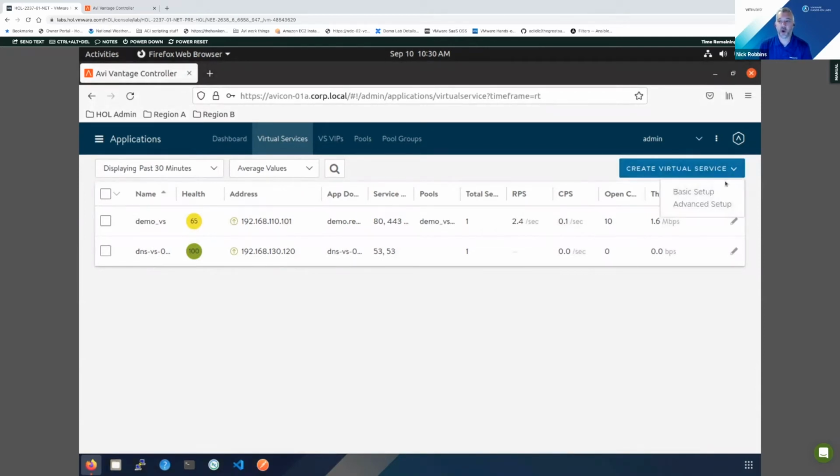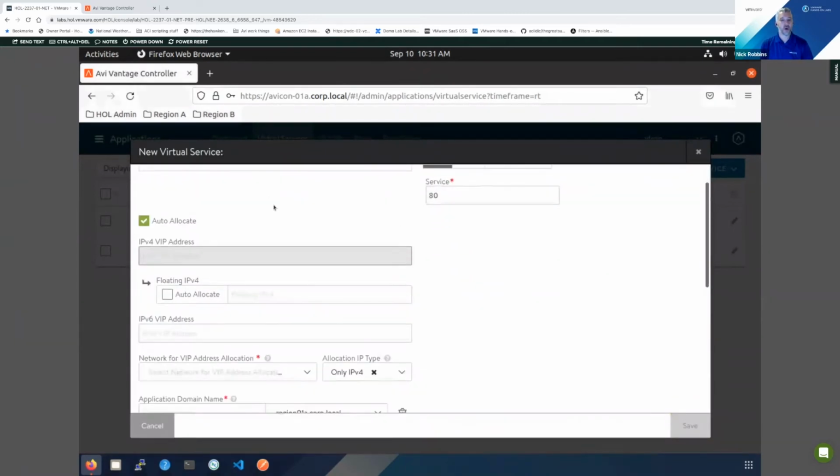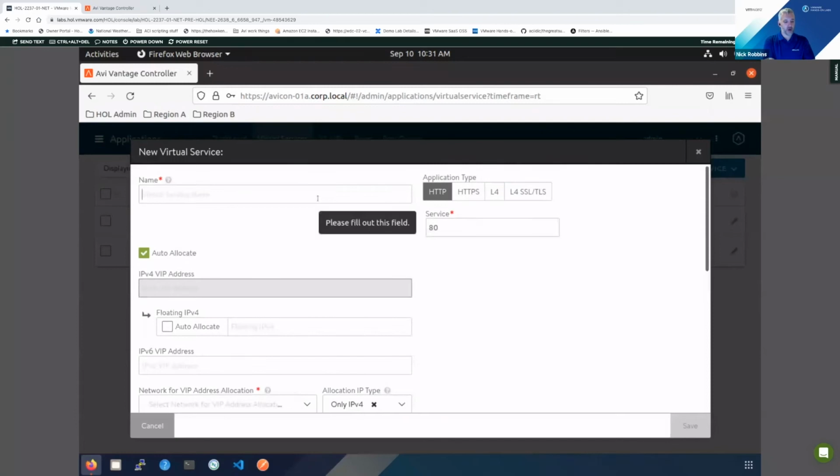Now we're actually going to jump in and create virtual services. So we've got a couple different wizards, one that's the basic and the advanced. The basic goes through kind of a few wizards all in one, but takes out a lot of the options. So we'll just quick show that. In the lab, you'll do a basic and then an advanced. So what we've got here is, okay, we're going to do our test basic service. We're going to do a DNS compliant name, basic